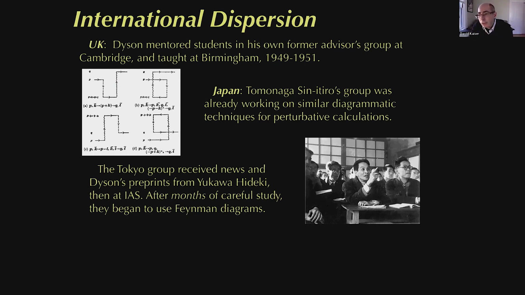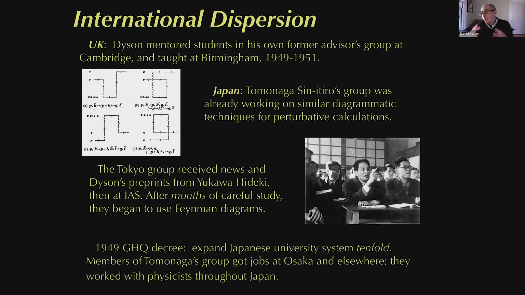So Yukawa was among the people who could learn directly from Freeman Dyson and this very active group at the Institute, and he is able to share news back with this incredible tight-knit but somewhat separated group in Tokyo. After a few months, they basically ditched their own momentum space diagrams and began adopting the Feynman diagrams because they were already primed for it. They were already immersed in a lot of these details. They already recognized that some kind of diagrammatic bookkeeping would be important, and they were quick to go. So now you have a group in Tokyo that's getting very intensively into this stuff.